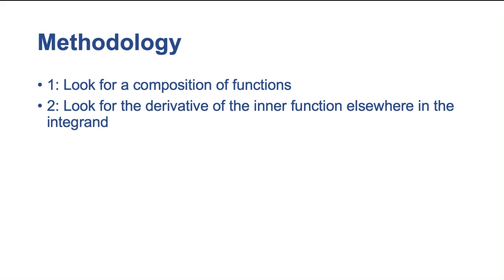Now I just want to recap with a methodology, with a guide to how you perform a successful change of variables in an integral. So, as I said, in the integrand, we are looking for a composition of functions. We're looking for an operator, the inside of an operator. We're looking for what to set our u equal to. We're also then going to look for the derivative of the inner function somewhere else in the integrand. So I'm looking for a derivative